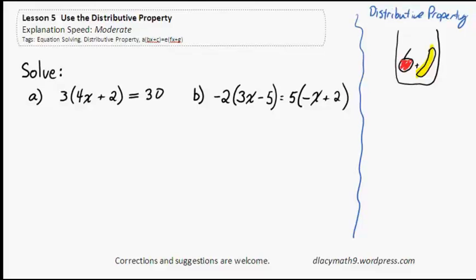Lesson 5. Use the distributive property. Well, we're going to solve some problems that involve equations with brackets. And the way to do that is to use the distributive property. So what I'd like to do is just quickly draw your attention over to here where I have a bag